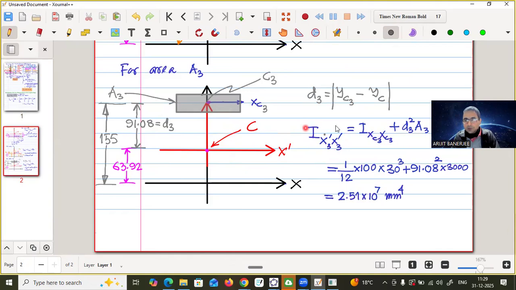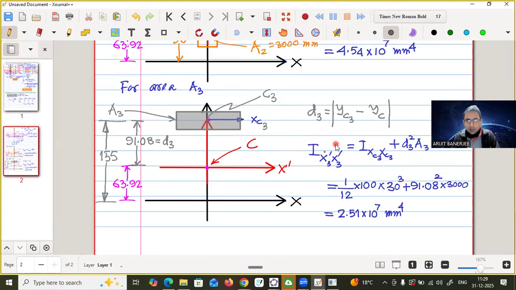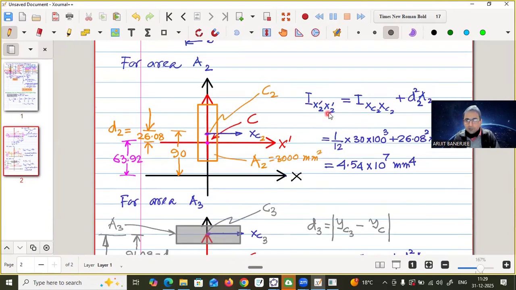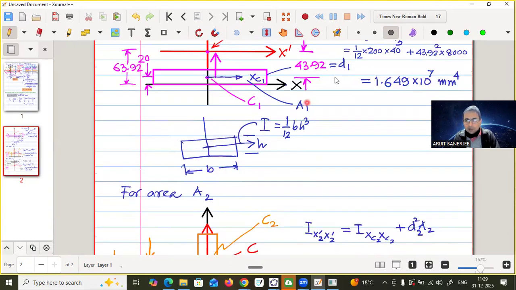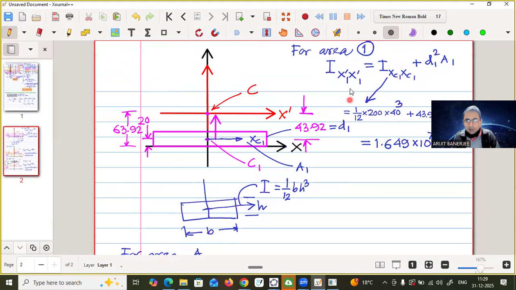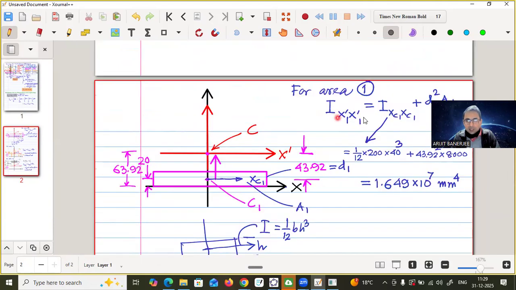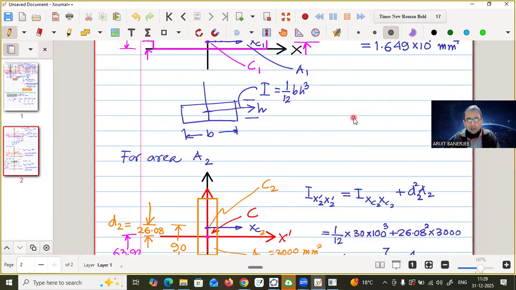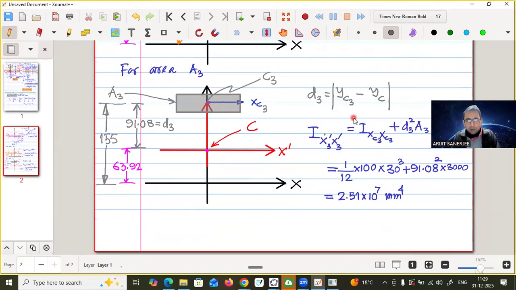Please follow, all of you, these things that we are calculating here, and this thing, what are they basically? They are nothing but moment of inertia about, actually see, in case of moment of inertia, it is moment of inertia about some axis